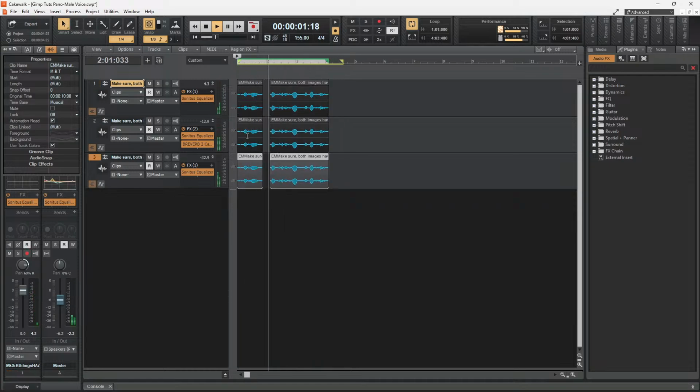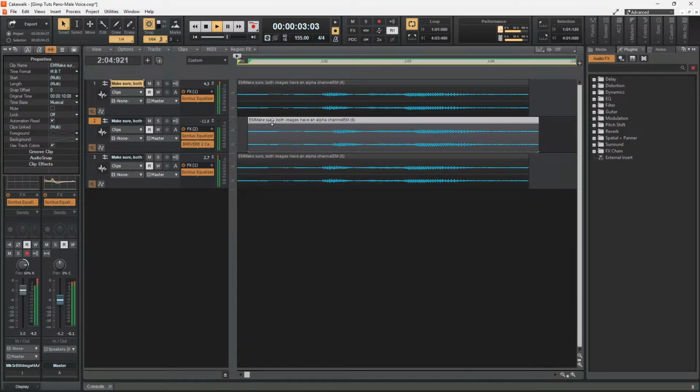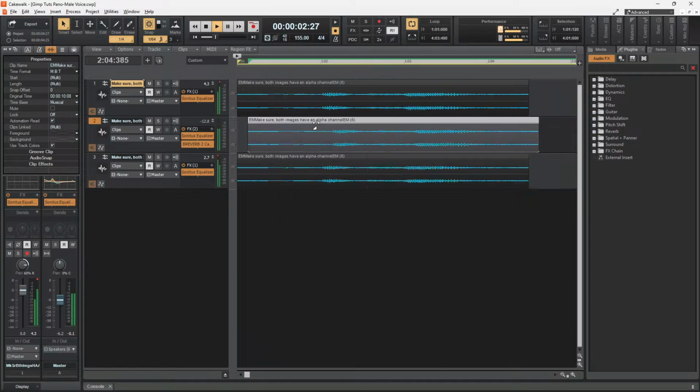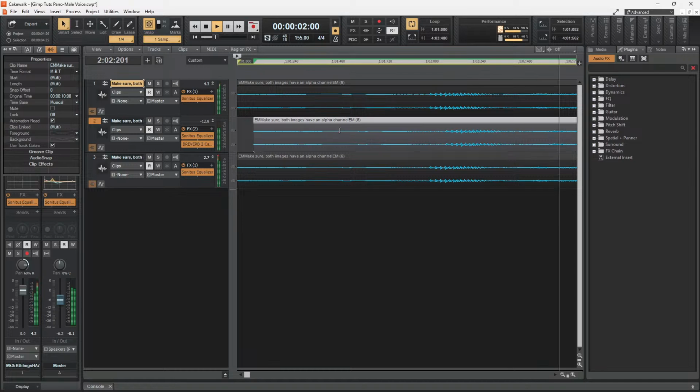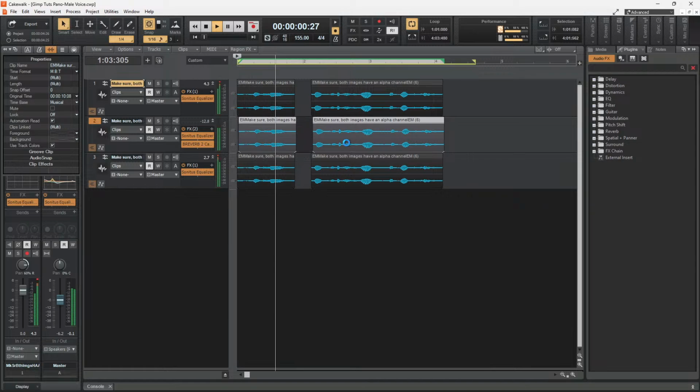Make sure both images have an alpha channel. Make sure both images have an alpha channel. Make sure both images have an alpha channel. Make sure both images have an alpha channel. Make sure both images have an alpha channel. Make sure both images have an alpha channel. Cool. Make sure both